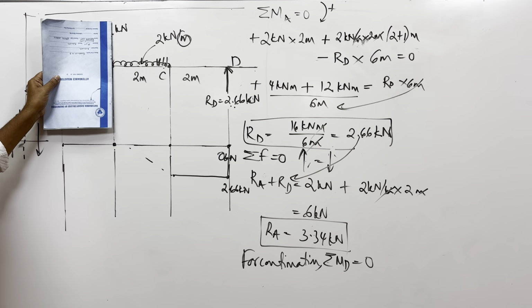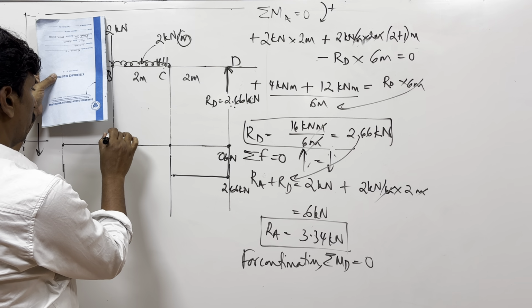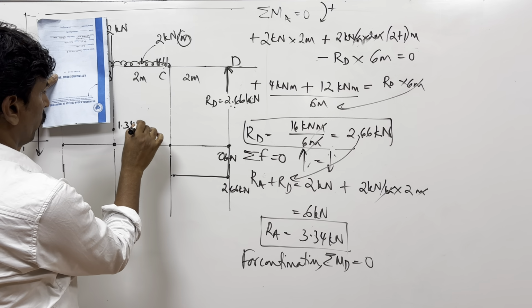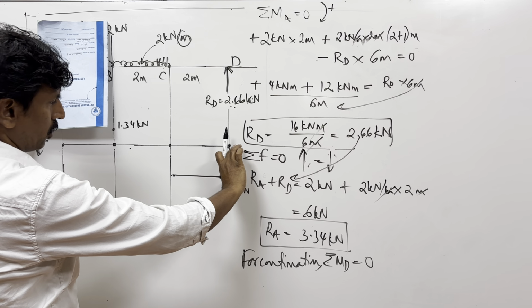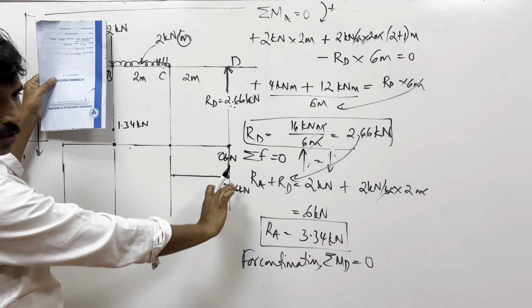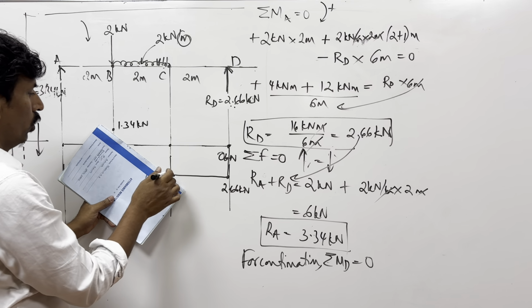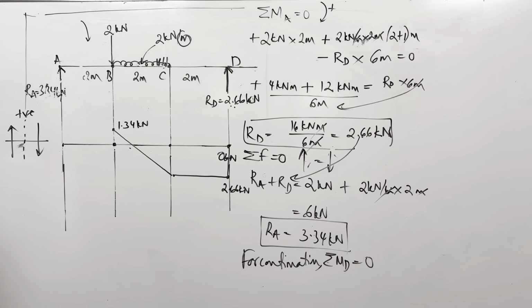2.66. So much is the value. 4 minus 2.66 is 1.34. So it goes to 1.34 here. So 1.34 kilonewtons. Here 2.66, you mark this much. So 1.34 should be almost half of this. So half of this. Now you should draw a line connecting these two like this, because the variation is